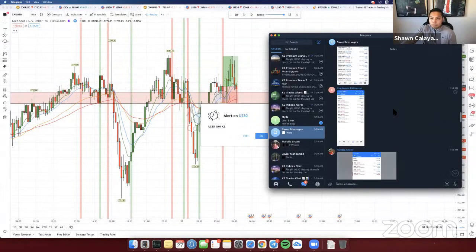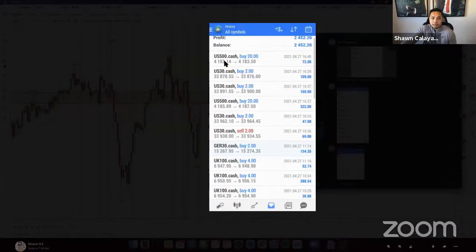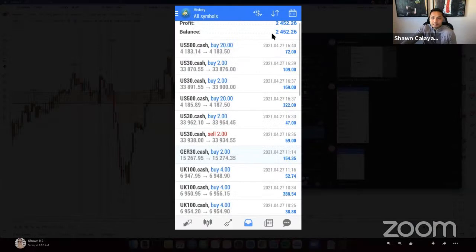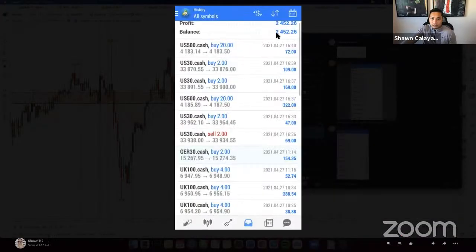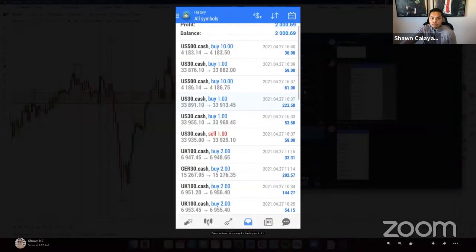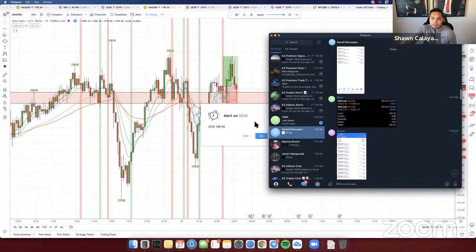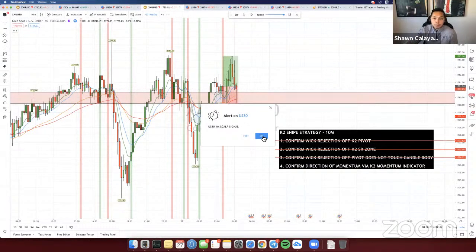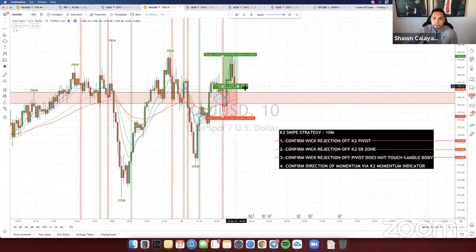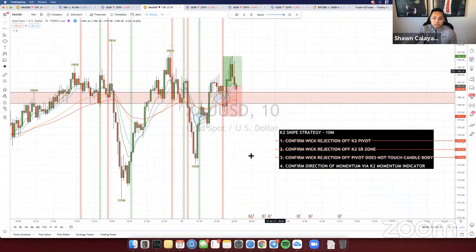I'm trying to see who takes a ton of trades. Cheryl over here trades like 50 or 20 trades a day, but she makes like 2,000 off one account, and then she has multiple accounts. So one account, 2,400. Her other account, 2,000 right there. So as you can see, if you want to get your best bang for your buck and make as much profit as possible, so you can trade all day, your best option would be to learn these strategies and get access to these indicators so you can do it yourself.